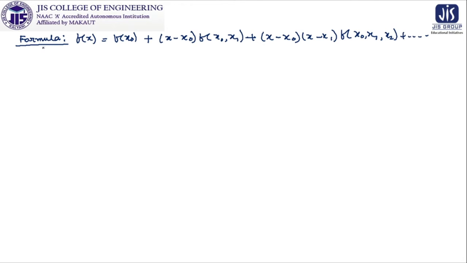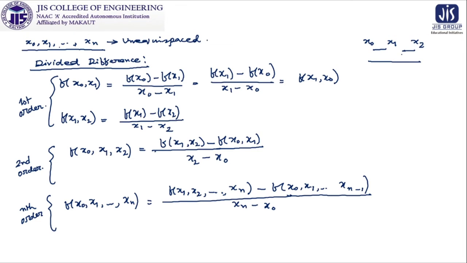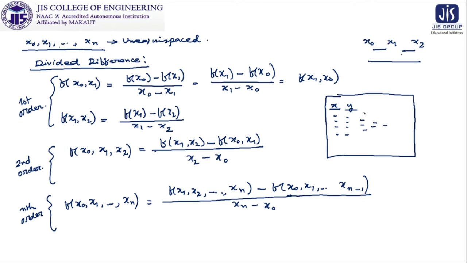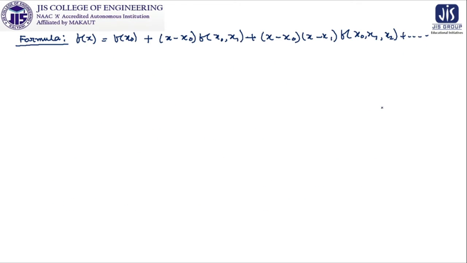Just before going into this specific structure, I want to mention one thing here: when we construct the divided difference table, if it is our x, if it is our y, and all of these are given, then when we consider the first order, second order divided differences, the structure will be diminishing, and you will get a structure like this pattern. So we will get this immediately clear. So let us check a problem.